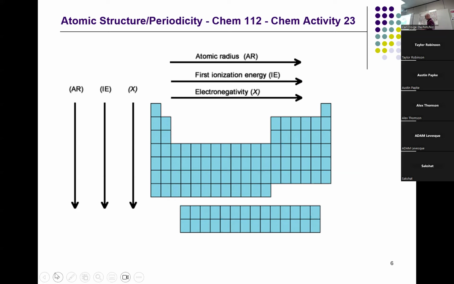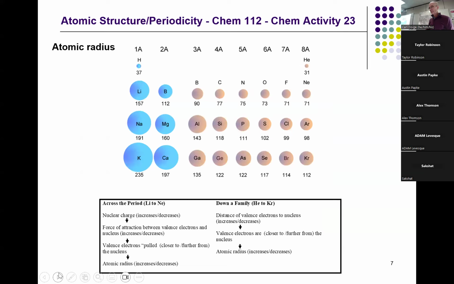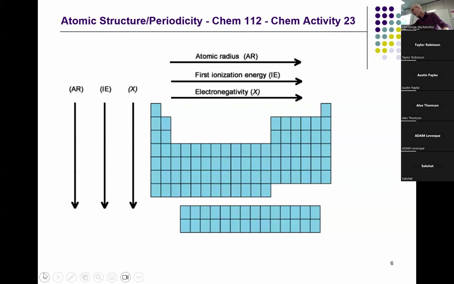So if you haven't completed this chart, that is sort of an overview of what the trends are, we should do that right now. So here, let me grab my pen. So I'm thinking, across the periodic table, I know that because the nuclear charge is increasing and the force of attraction between the nucleus and the valence electrons, which define the radius, is getting greater, that the radius is getting smaller.